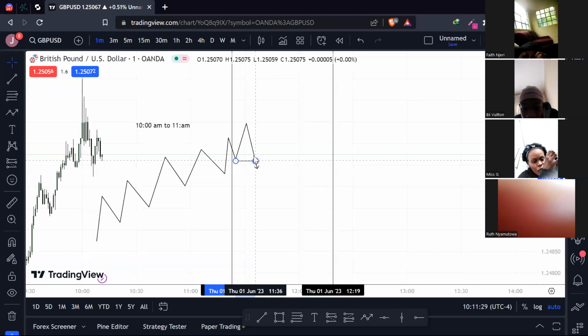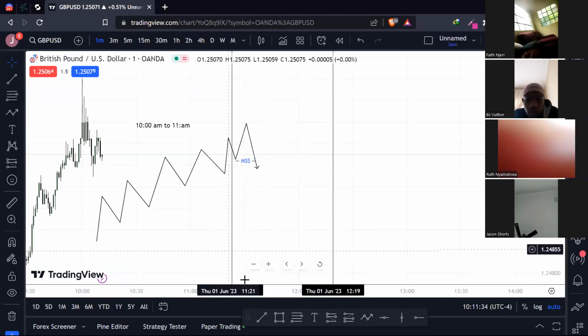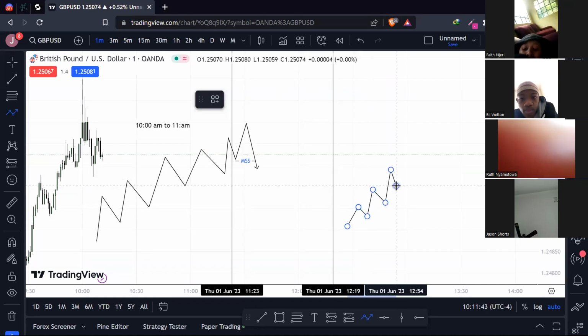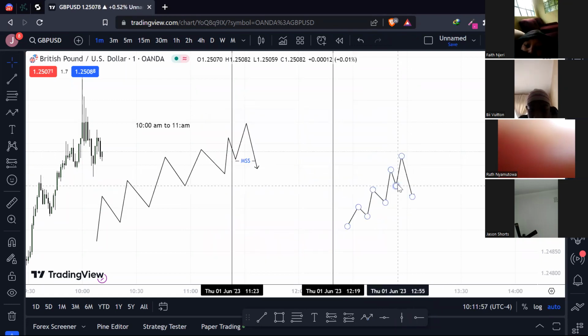right there. The price was going like this, creating lower highs, lower highs, lower highs. And as soon as it reached the trading time, it creates a higher high and a lower low. When it does this, it's a market structure shift. And what happens after that is